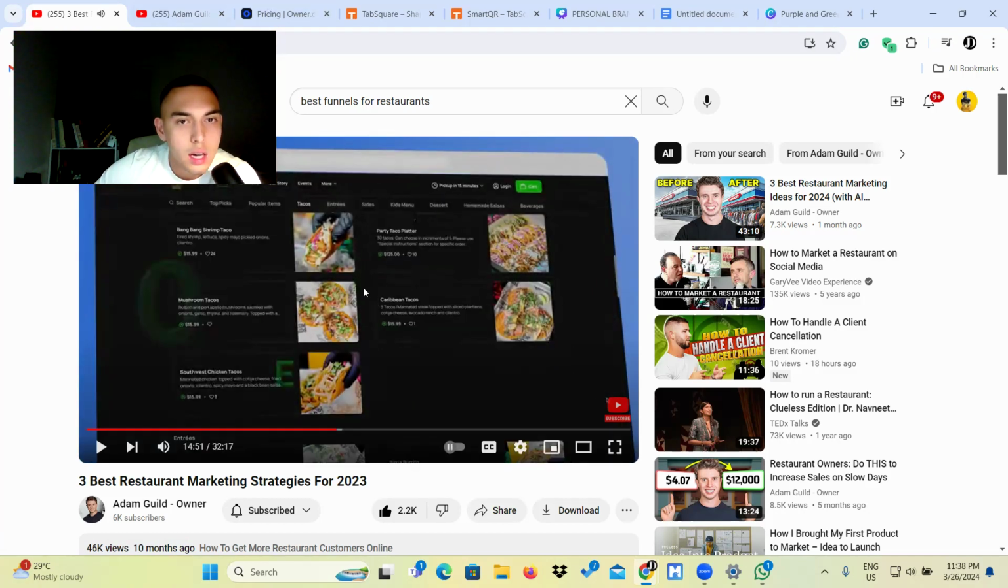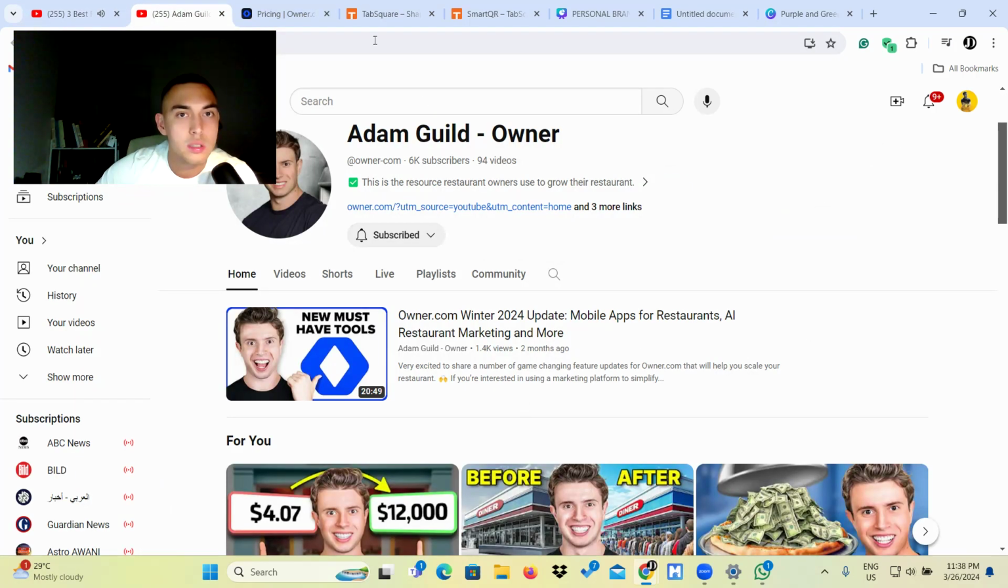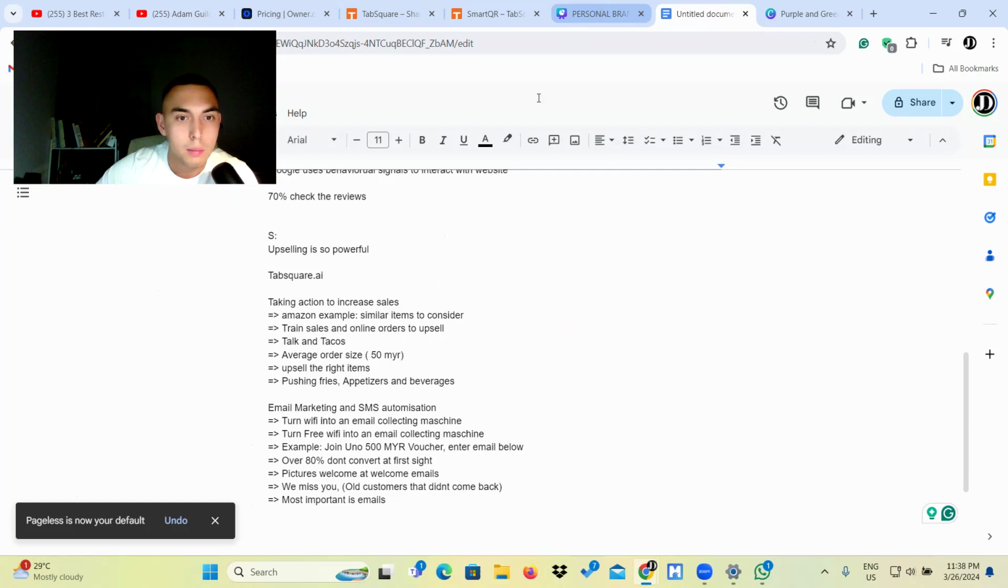And Tacos, that place Adam and Tacos is basically such a good example. If you guys are interested in how that visually looks, do check that out. Anyway, average order size around 50 ringgit. Now in his video he explained that in America the average order size is around 50 US dollars, but the point is